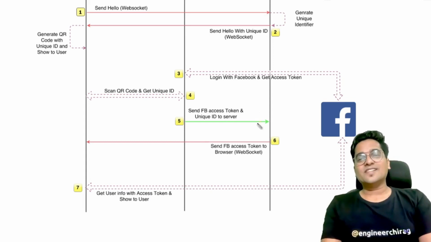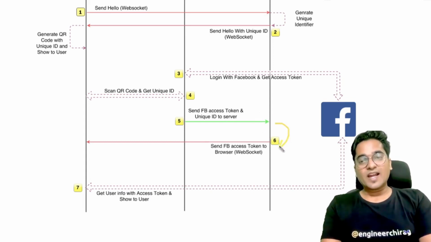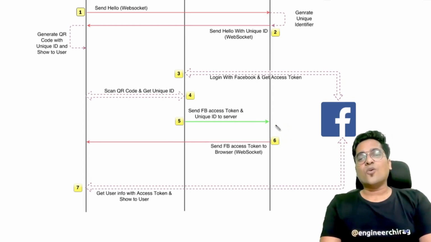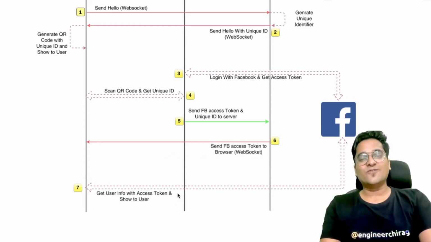That's why once the scanning is done, it got to know, okay, for this unique identity token for which it has created a WebSocket connection, this is a user, or this is a Facebook token basically, that needs to be sent. So that token is basically sent to your browser,